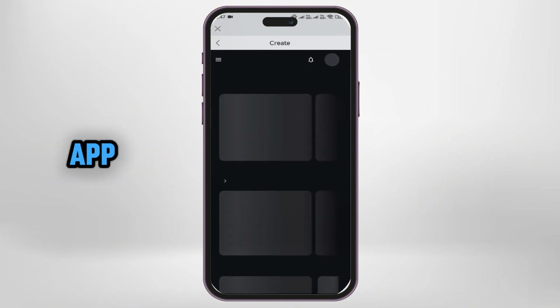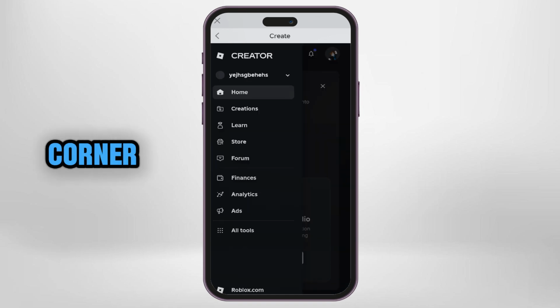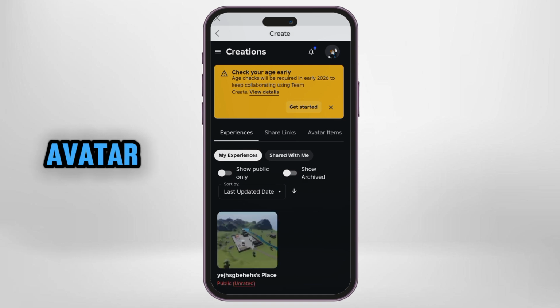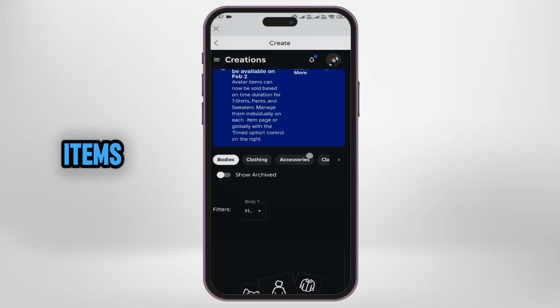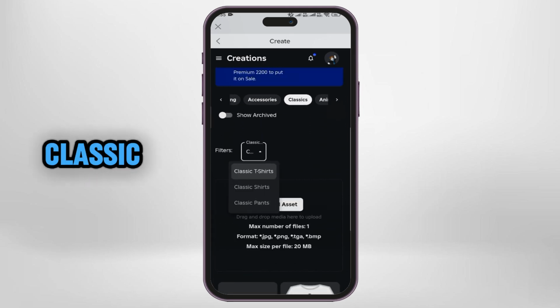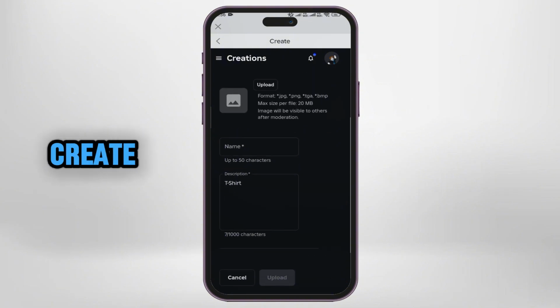inside the Roblox app. After entering the Create section, tap the menu icon in the top left corner and switch from Home to Creations. Next, select Avatar Items. Once the Items page opens, scroll down to the Classic section. Make sure Classic T-shirts is selected in the filters because this option allows you to upload and create your own